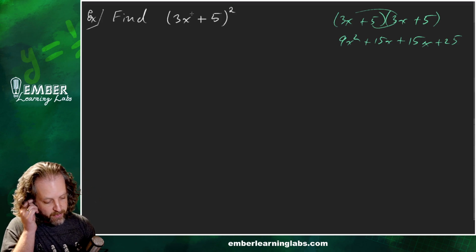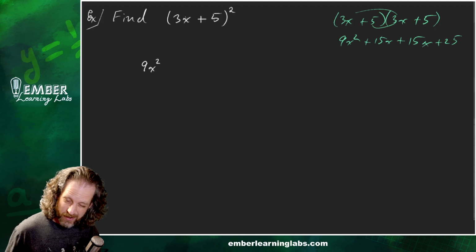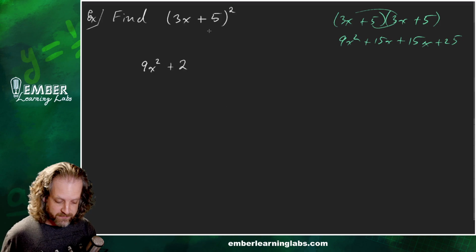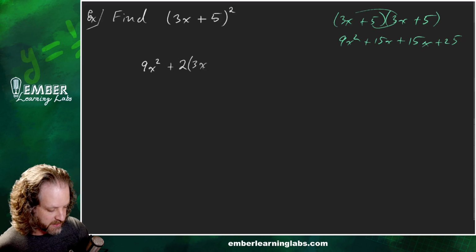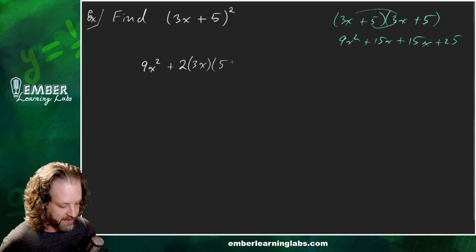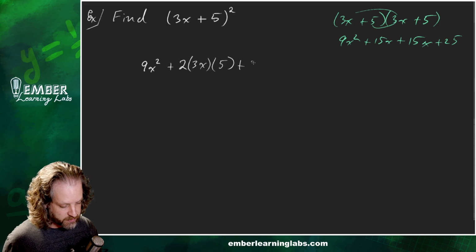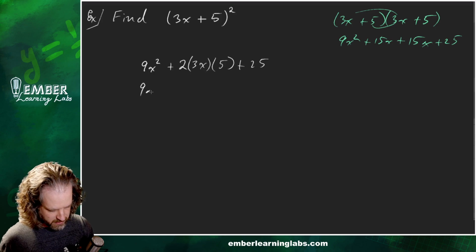So instead of writing it all out, we can just do the beginning, and we can square the first one. So 3x squared is 9x squared. We have to square them both because they're multiplied, not added. And then plus 2 times 3x times 5, because it's 2 times a times b, plus b squared, which would be 25. And 2 times 3 times 5 is 30. So 9x squared